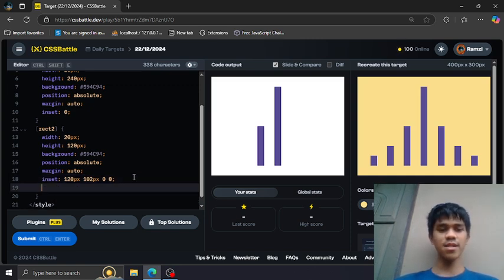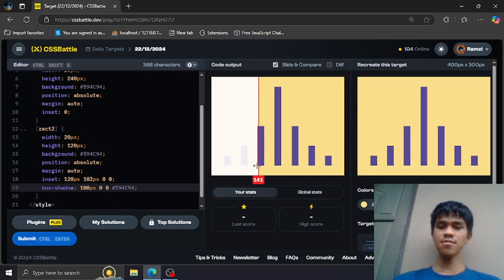So next is the box shadow for the right side. Box shadow from 100 pixel to the right, 0 to the vertical offset, and 0 for the blur effect. The color is this blue. Alright. Nope.